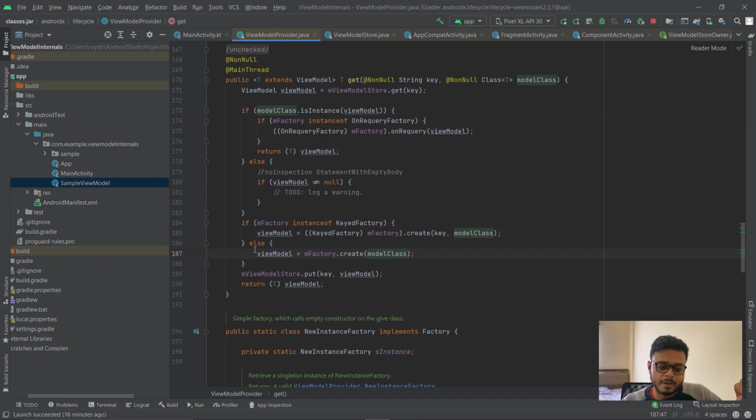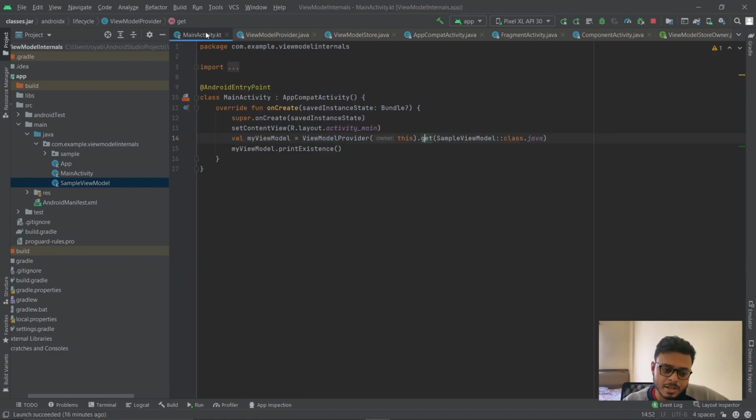So there we have the view model instance ready with us in either scenario, and then we put it inside the view model store. Here we had gotten it, now we put it, since it's the first time that this view model is created, it should be put inside the hash map and it should be present for further references, so that we don't have to create it again, but we can just come here and get it from the view model store, right? So we put it inside the hash map and then we return it. Upon the return of this function, the pointer passes on to over here where we finally get hold of our view model instance, and then we can just call any method that we want, right?